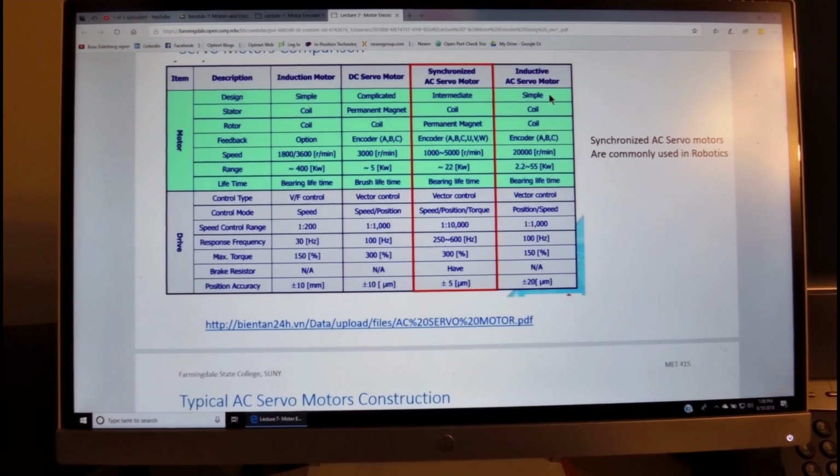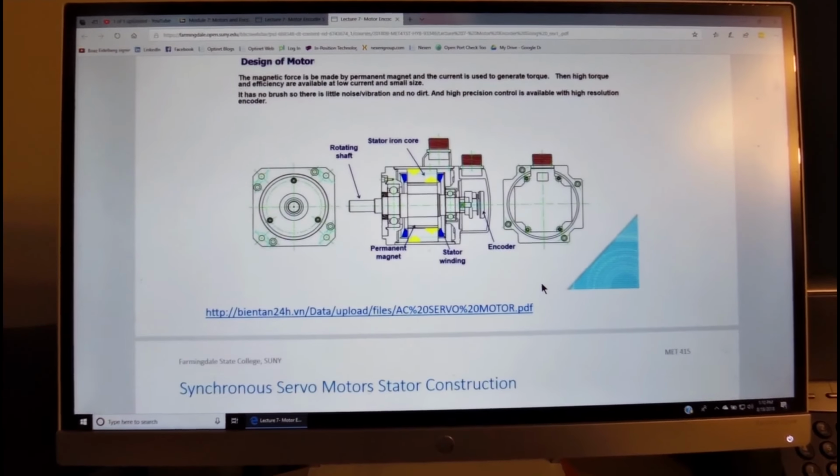The induction motor is simple. It has a stator and rotor with coils, and it has a winning element in the RPM. It could run 20,000 RPM. It has a high kilowatt rating and has relatively good speed control and also a bandwidth of about 100 hertz. And the accuracy is on the order of 20 microns. So this is the pros and cons of the various motors.